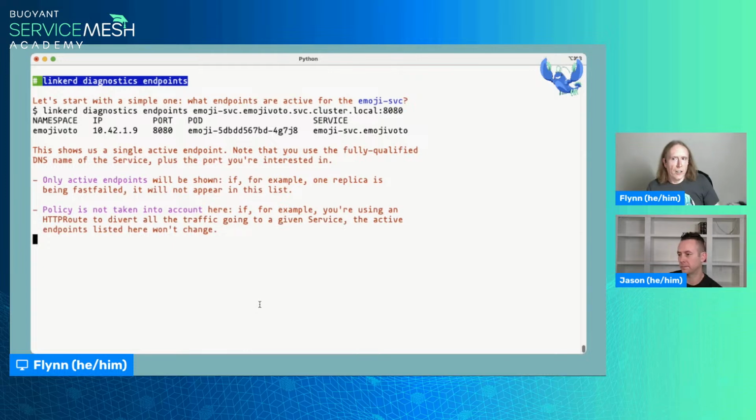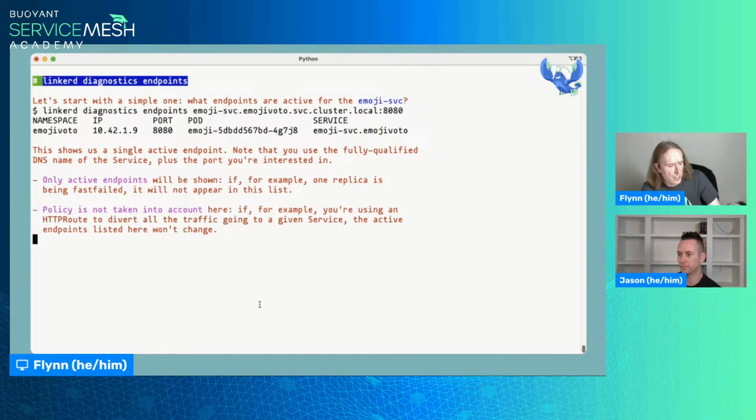So it is possible to use an HTTPRoute to take all of the traffic going to the emoji service and route it over to a different cluster, and we will not see that reflected in linkerd diagnostics endpoints. It will still show us that, hey, there's one active endpoint for this, despite the fact that the HTTPRoute will prevent any traffic from actually reaching it.